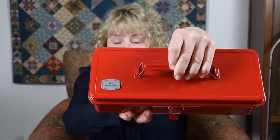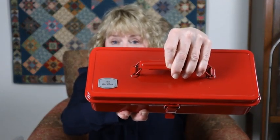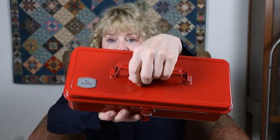The box is something that I am not selling, but I have links below for you to know where to source them. It's a TOYO box, and it's all metal, and it's beautifully made. It's made in Japan. And the first thing you'll notice is on the lid, I have custom made beautiful stainless steel laser engraved tags that have adhesive on the back, so you can place them on the indentation that's already located on the box. You could also use these tags on your own box. So that's why I say it's a la carte. You open the box,